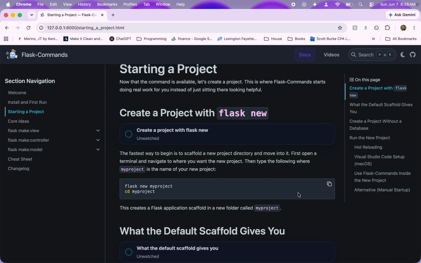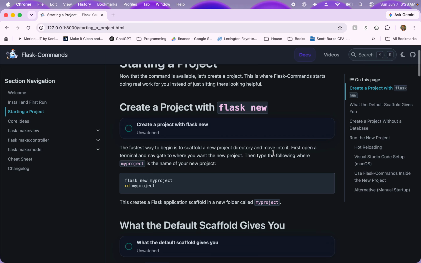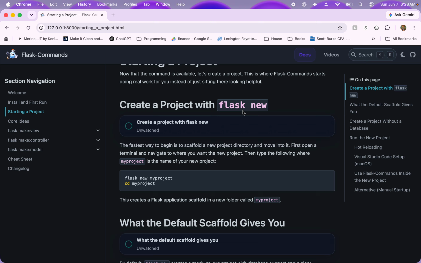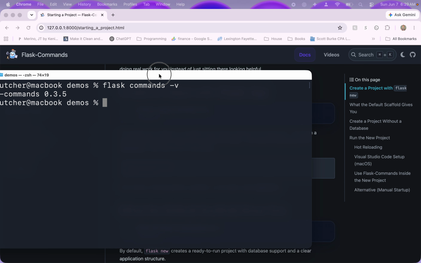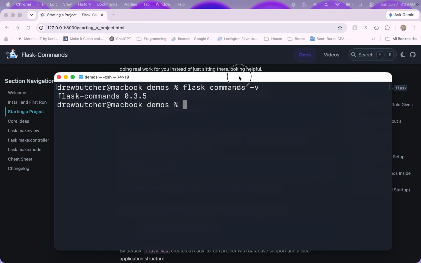All right, without further ado, let us create our very first project with the Flask command, flask new. This is going to be a super short video because it takes 2 seconds to do this. Actually, it takes 2 seconds to write it and then about 30 seconds to sit there and wait